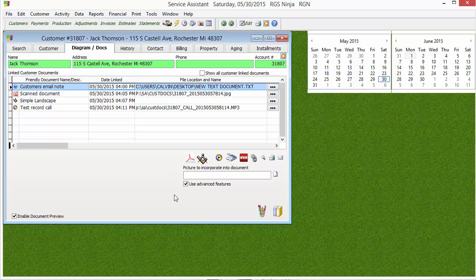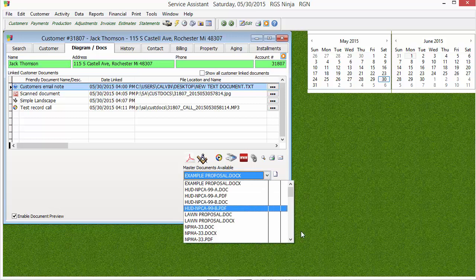Now, another thing. And mind you, there are some people out there that like to use the custom proposals. I did a video, a crash course on how to do custom proposals. But the thing is, normally they want to put pricing information and stuff in there. Now, if you have a generic letter where all you're doing is throwing in the name and address, you're not worried about calculating pricing and stuff like that, you can actually uncheck this Use Advanced Features here,